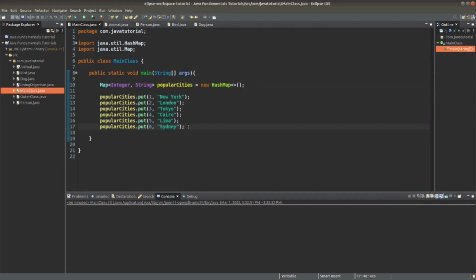Alright, so I added in 6 cities. I know I said I'd add 5, but I want to add in a city for every continent in the world, except for Antarctica, of course. So I've added in 6 cities, and what I'm going to do now is